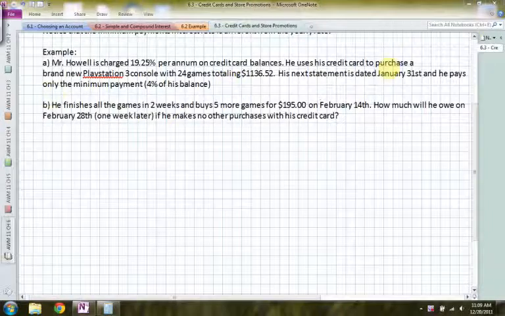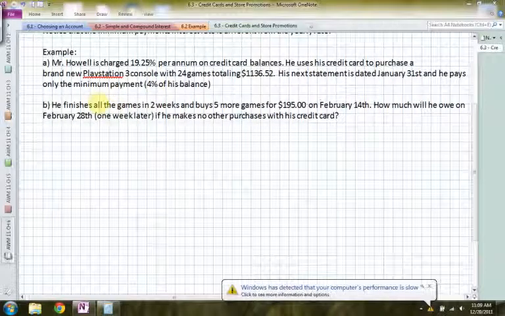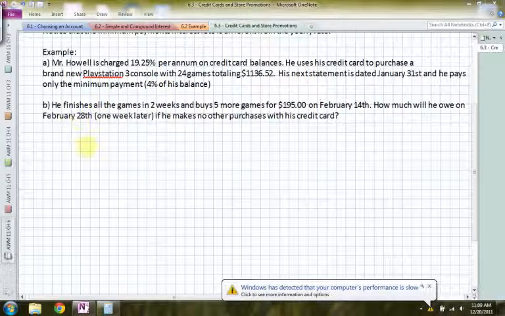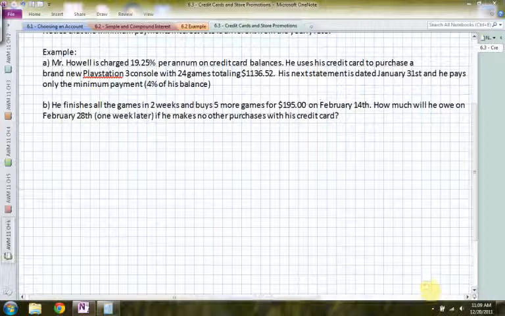He uses his credit card to purchase a brand new PlayStation 3 console with 24 games, totaling $1,136.52. His next statement is dated January 31st, and he pays only 4%, the minimum payment. So he finishes all the games in 2 weeks and buys 5 more games for $195. That's part B. So the first thing we're going to do is look at his total balance